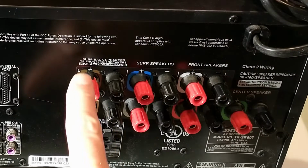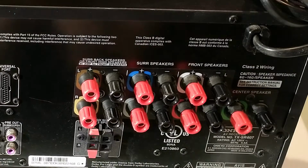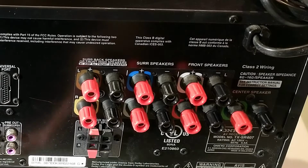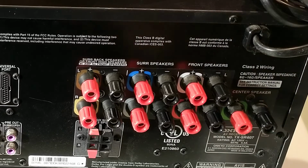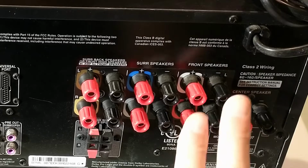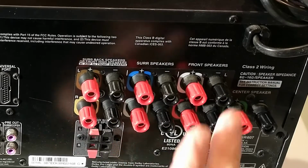So that's your 5.1. But in the case of this, if you're familiar with that, it will tell you that these are surround back speakers or front high speakers. Whenever you go in, by default, this will be set up one way or the other as a 5.1 or a 7.2. But whenever you get these, you can change it over to a 7 plus system. So you can see you have your center channel, front left and right speakers,